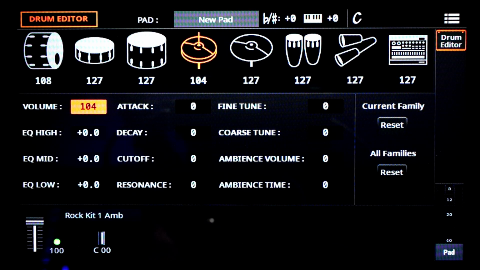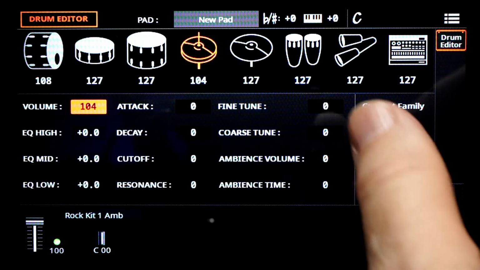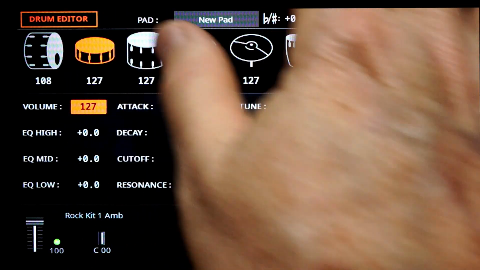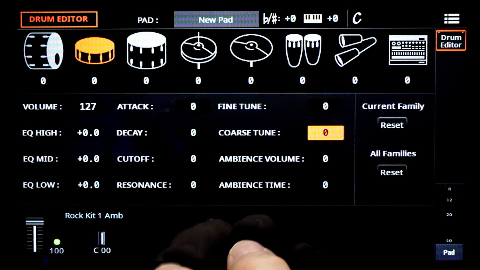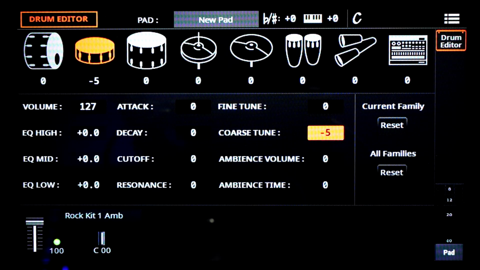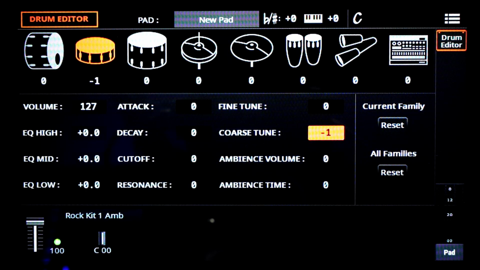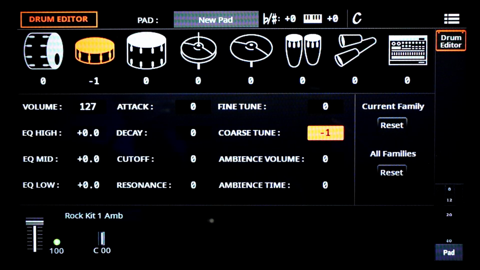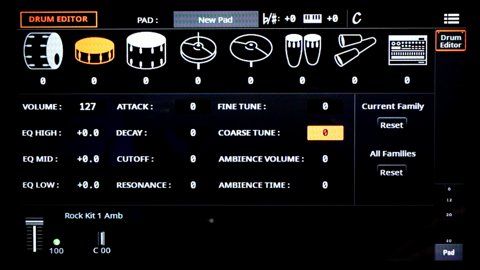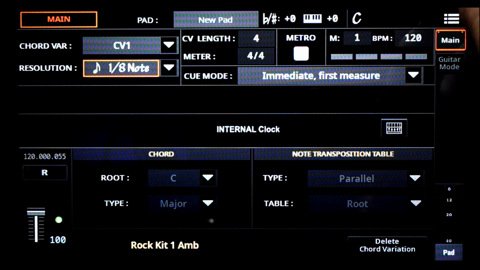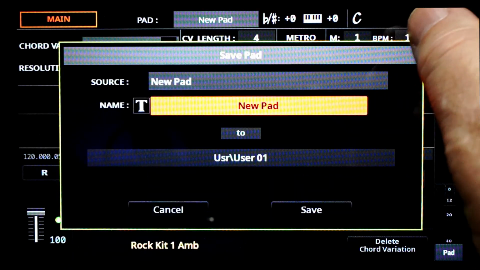Now, just like the drum editor in any of the styles or anything you want to do, for example, let's bring up the snare and I'll give you an example. If we wanted to change the tuning of that snare... sounds pretty good. So we exit, go over here, go save pad,